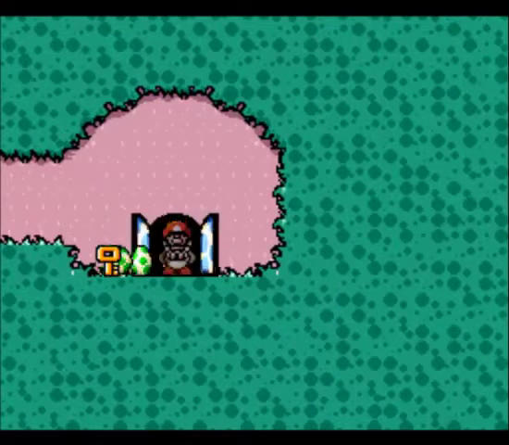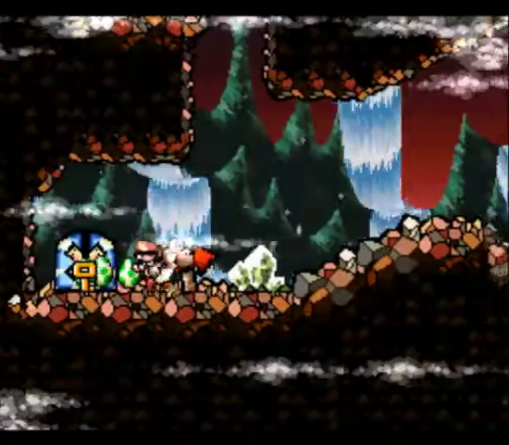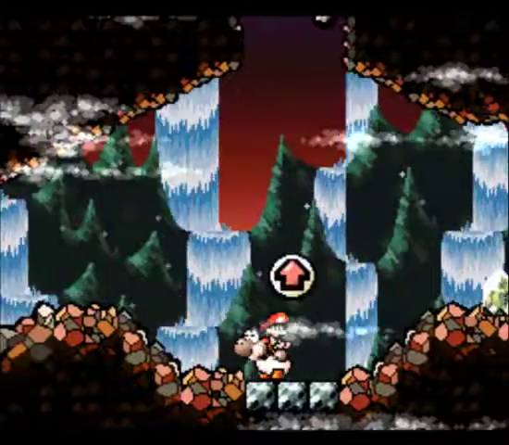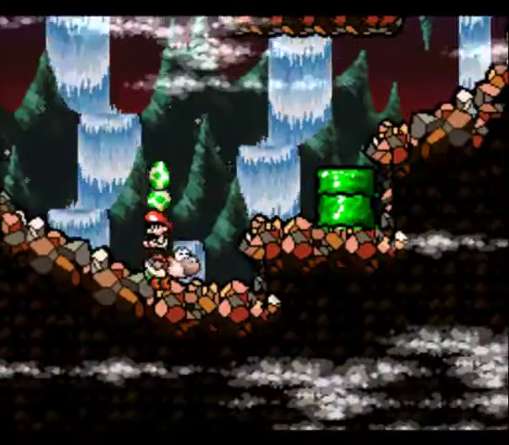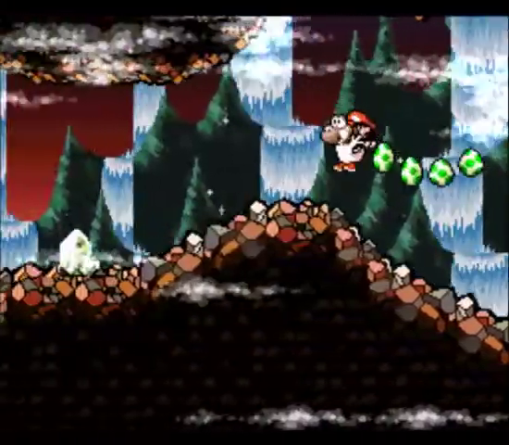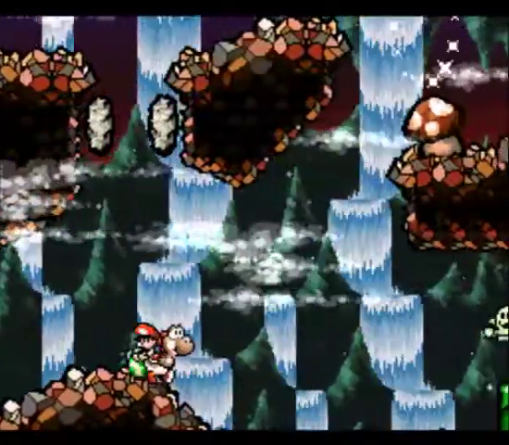And there's the door. And here is the cave. And I already have half the red coins in the stage. So they call it the Cave of the Mystery Maze, but it's not that much of a mystery once you get familiar with it. And actually there aren't that many enemies in this area either, so...